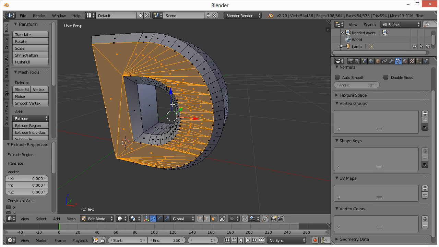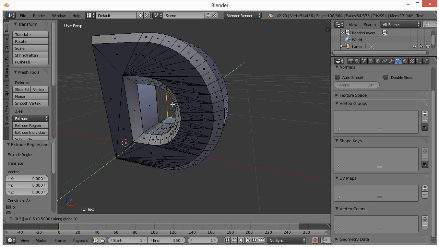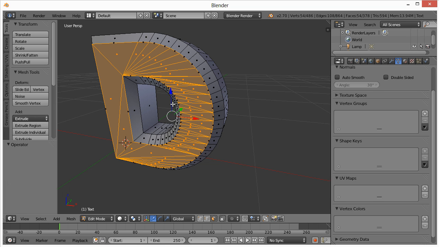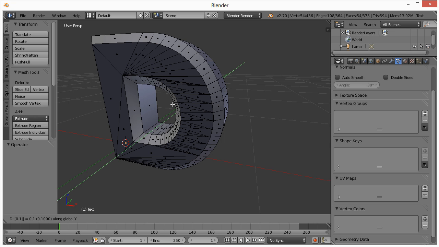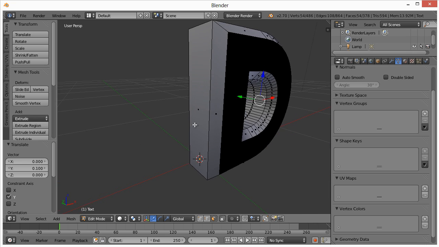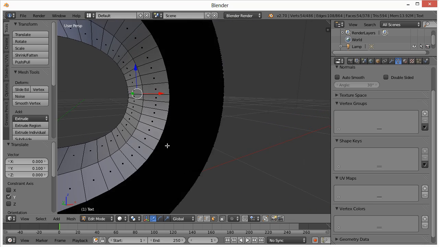All right, so now we basically duplicated that selection. So what we want to do now is move it on the y-axis back a little bit. To do that, we'll hit the G key. That means move. We're going to hit Y, and then I'm going to move it back by entering in a value, 0.5. Actually, no, that was wrong. G, Y, 0.1. All right,